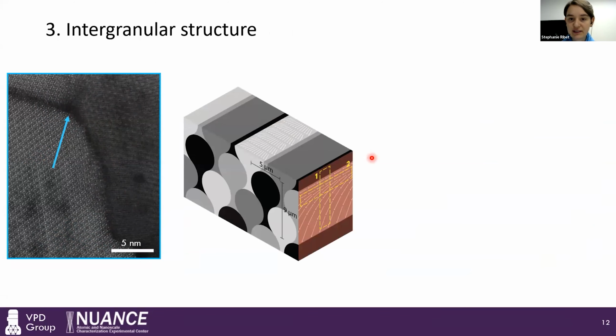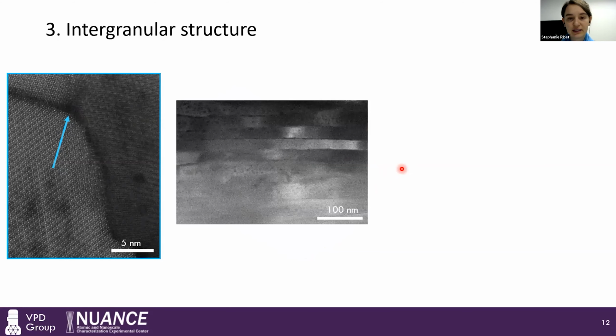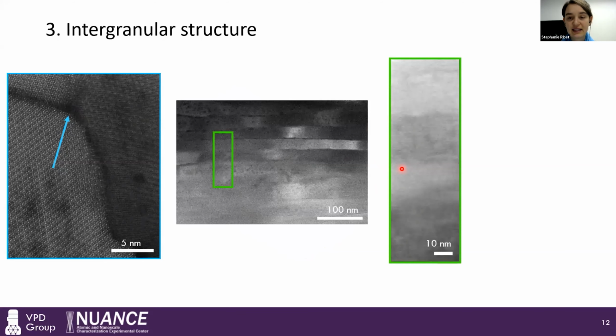Before, I previously talked about how we're going to take a FIB section perpendicular to the c-axis. So now we're changing orientations. We're going to go along these nanocrystalline building blocks. And this is the region where we're going to study. We can take a scanning diffraction or 4D STEM data set from this area right here, and we can look